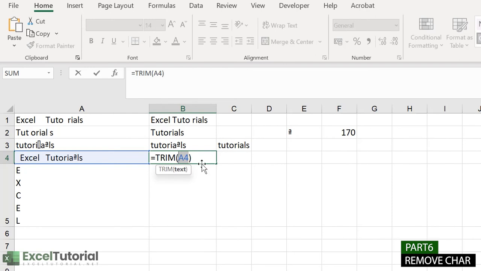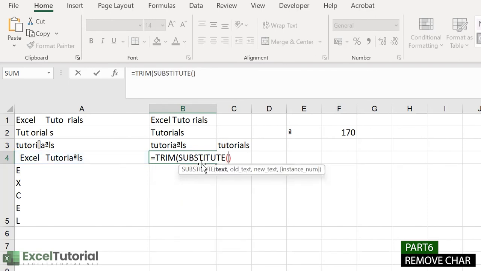To use the SUBSTITUTE function, we click the cell in the text argument. The old text will be this. You can either put it in manually, or use the character code, like 170.